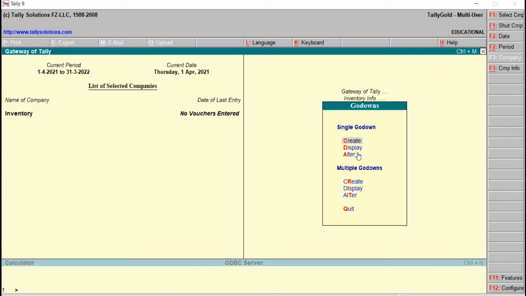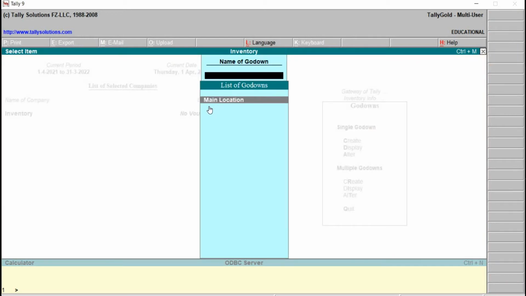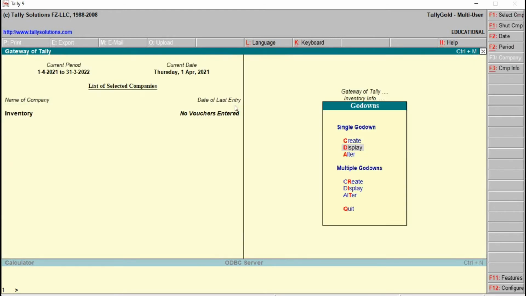And here we can see display alter of multiple, both are activated. This indicates that we have a default godown which is provided by the Tally. Let's see that one. Just go back to display, enter, and here we can see the default godown in Tally will be the main location. Just to come out, escape, right?